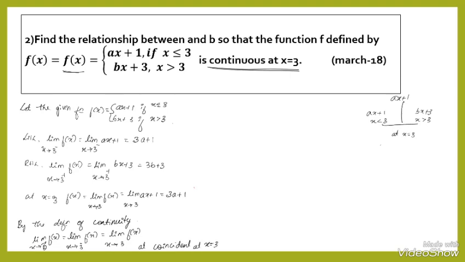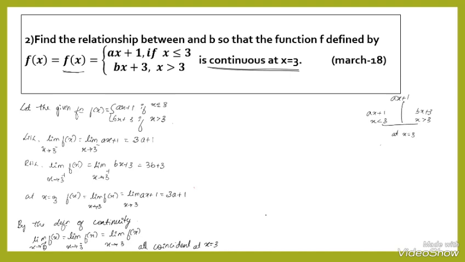By the definition of continuity, limit x tends to 3 plus f of x, limit x tends to 3 minus f of x, and limit x tends to 3 f of x, all coincident at x is equals to 3. Then we say